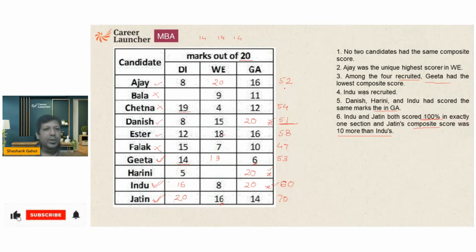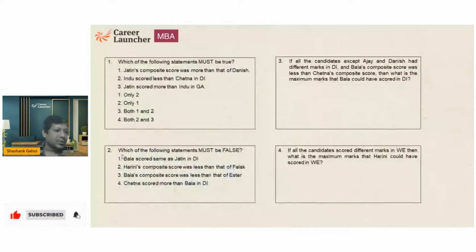सो फार, और जो भी है उस हिसाब से हमें करना है। एंड हु ऑल आर गेटिंग क्वालिफाइड? वन इज जतिन, दैट इज रैंक 1, सेकंड वन इज इंदू, दैट इज रैंक 2, थर्ड वन इज ईस्टर, दैट इज रैंक 3, एंड फोर्थ वन इज गीता, दैट इज रैंक 4। नाउ लेट्स सी द क्वेश्चंस। नाउ इट सेज